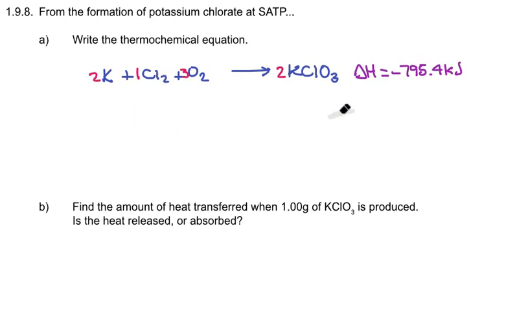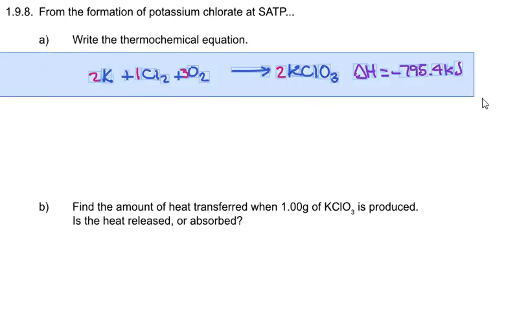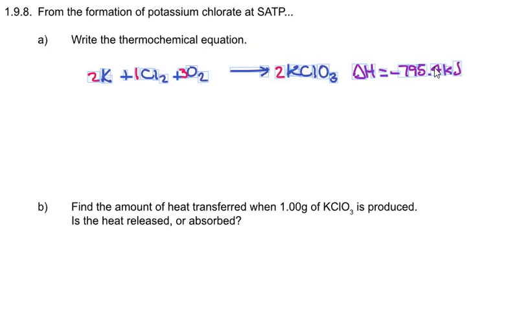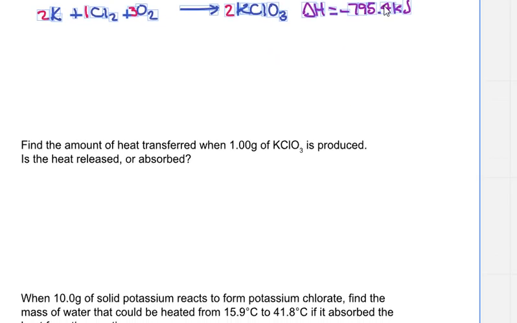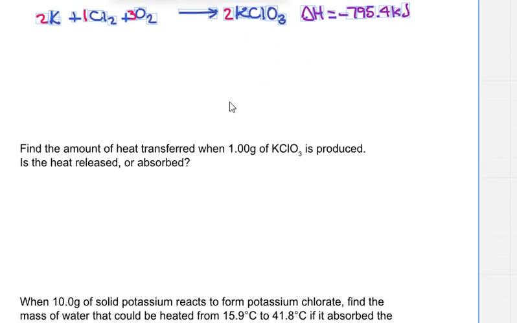Okay, now that we have that, that is our thermochemical equation. Let's see what they want us to do with it. Rats. I wanted to drag that down. I guess I'll just have to take it with me. Find the amount of heat transferred when 1 gram of potassium chlorate is produced. So, in this reaction, if we're making 1 gram of KClO3,